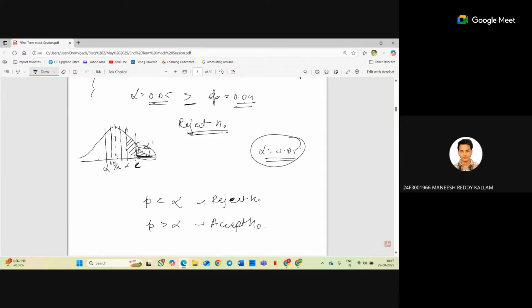Am I right, everyone? Yeah, I was also thinking the same. No, see, my question is, for X bar less than C as per the left tail, here P and alpha are coming. That's quite confusing. So how to correlate? So C we need to correlate with which, P or alpha?